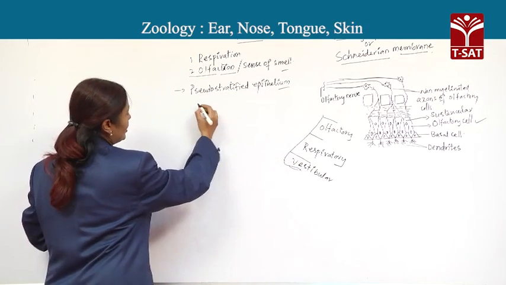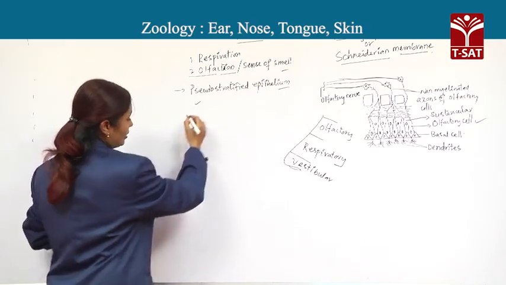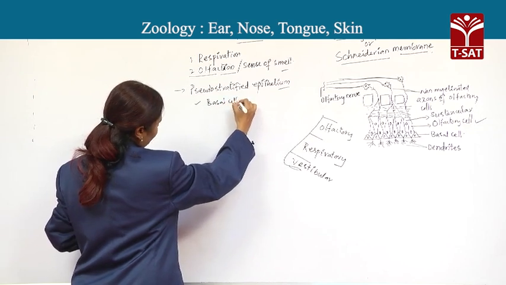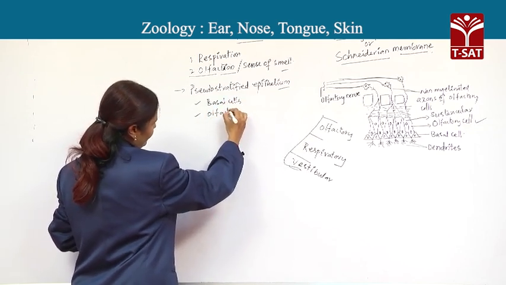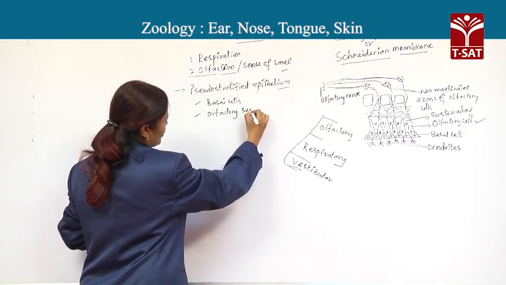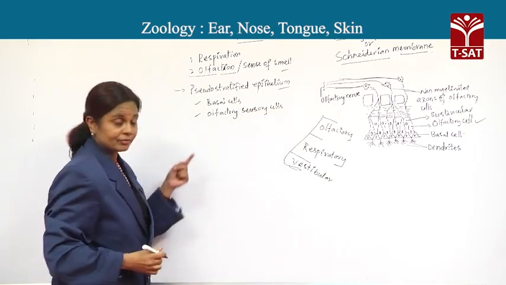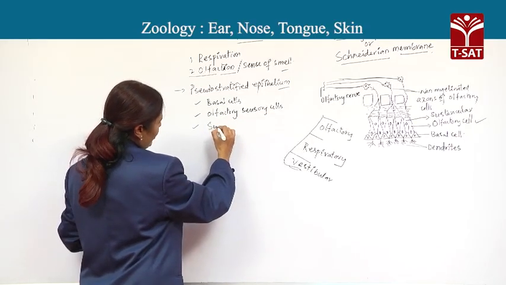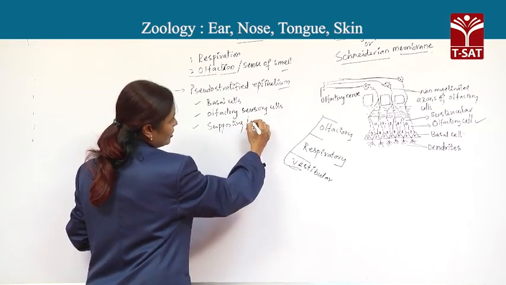So the three types of cells in the olfactory epithelium are basal cells, olfactory cells, that is olfactory sensory cells, which are nothing but sensory neurons, and supporting cells,